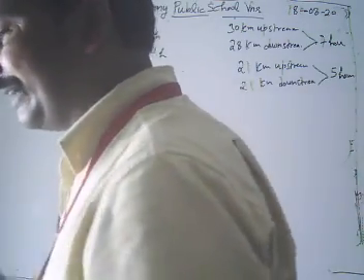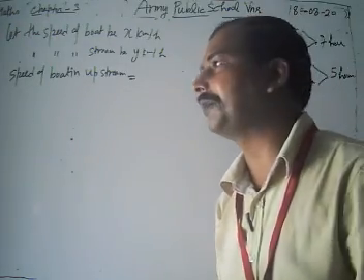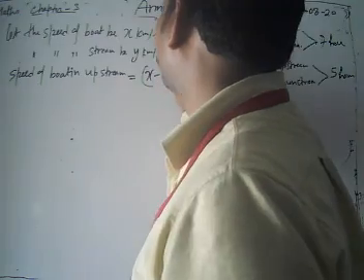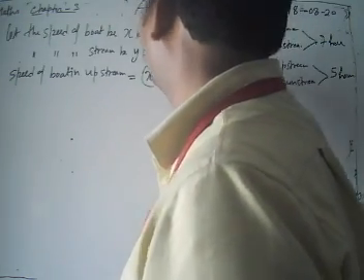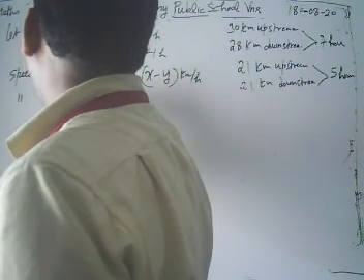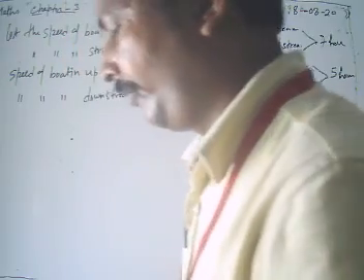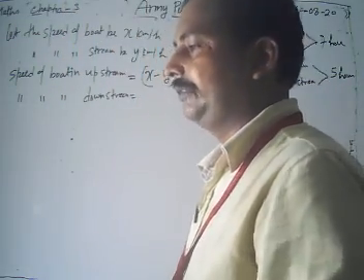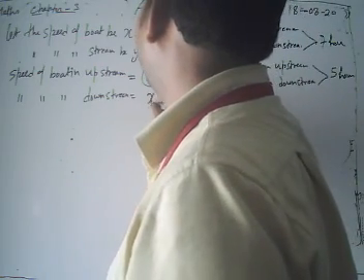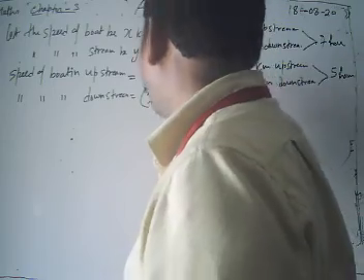In the upstream case, the speed of the boat is opposed by the speed of the stream. That's why the effective speed is given by x minus y km per hour. Then what is the speed of the boat in downstream? In the case of downstream, the speed of the boat is helped by the speed of the stream, so both speeds are added up. Then it's x plus y km per hour.